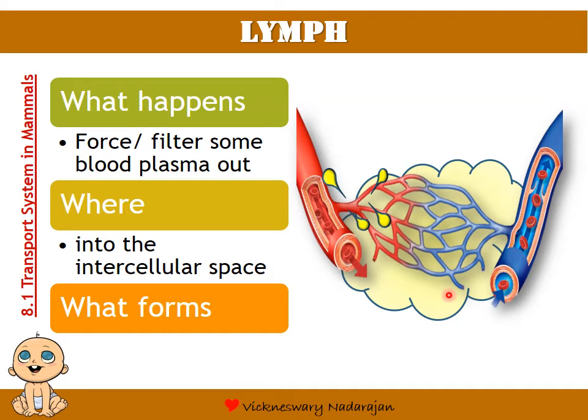And now the blood plasma will form what we call tissue fluid. So when the liquid was in the blood vessels, it was called blood plasma, but once it is out of the blood vessels, it is called tissue fluid. The difference now is that in the blood vessels, the blood plasma had erythrocytes and large proteins, but now as tissue fluid, there will not be any erythrocytes or proteins because they are too large. They cannot be forced out of the blood capillaries.